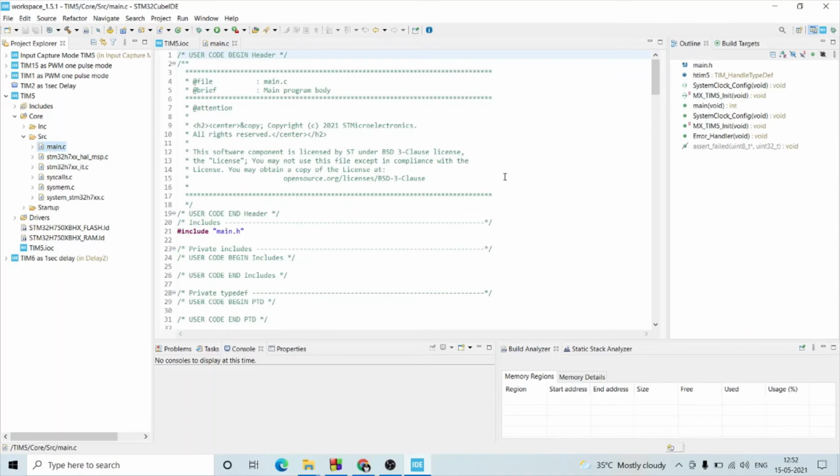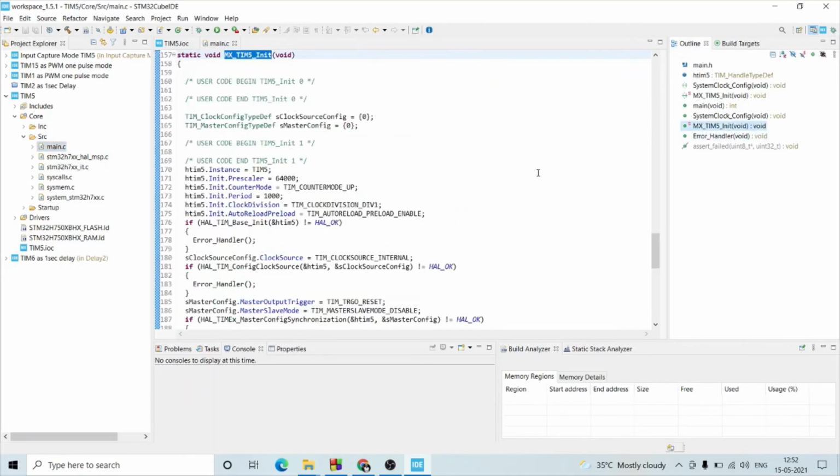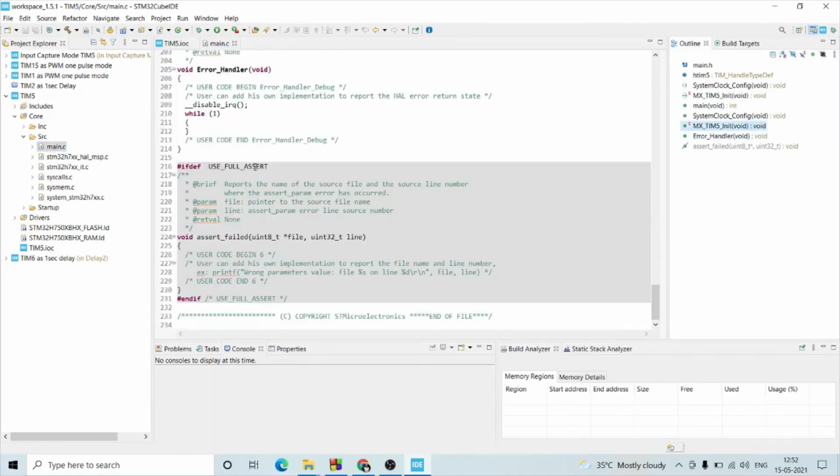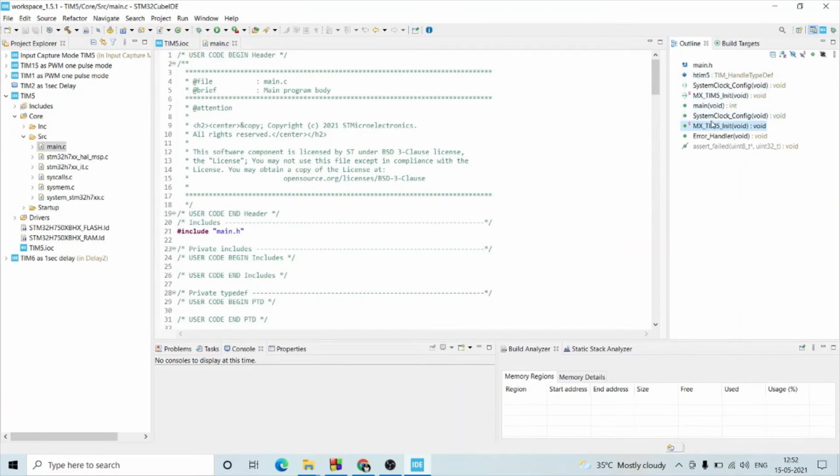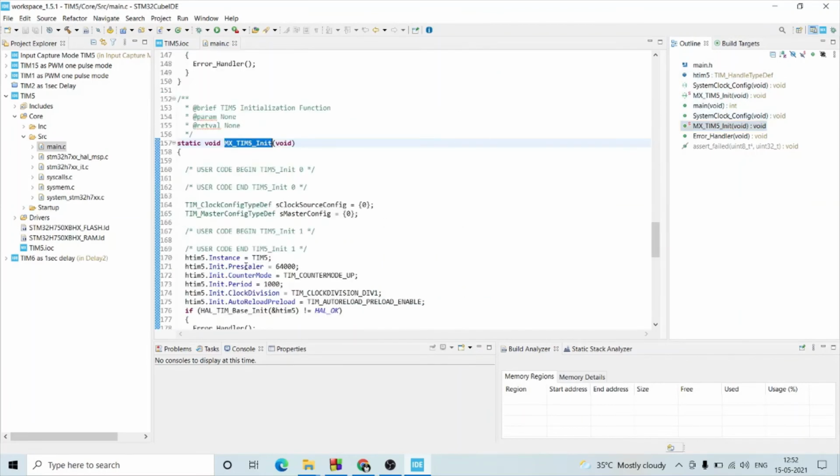Here in main, all the configurations we have chosen are present. This one is the timer 5 configuration. Whatever values we gave to the prescaler and period are listed here. Also auto reload enable is listed here. Whatever configurations we have chosen, it will generate the code for us.